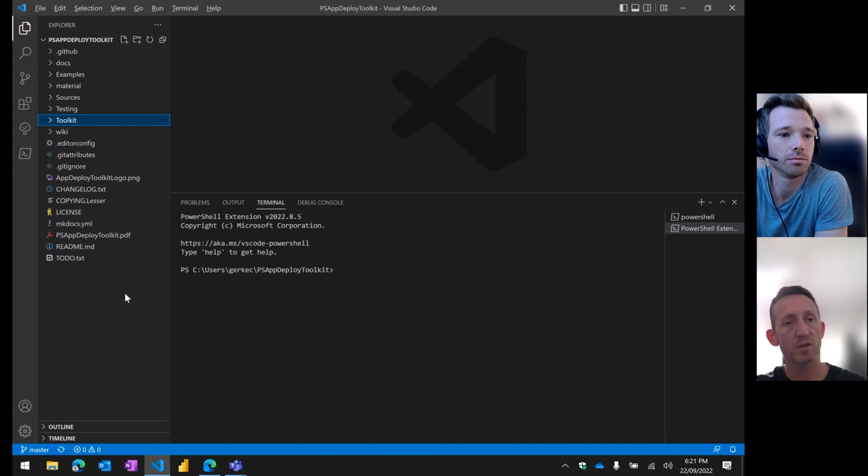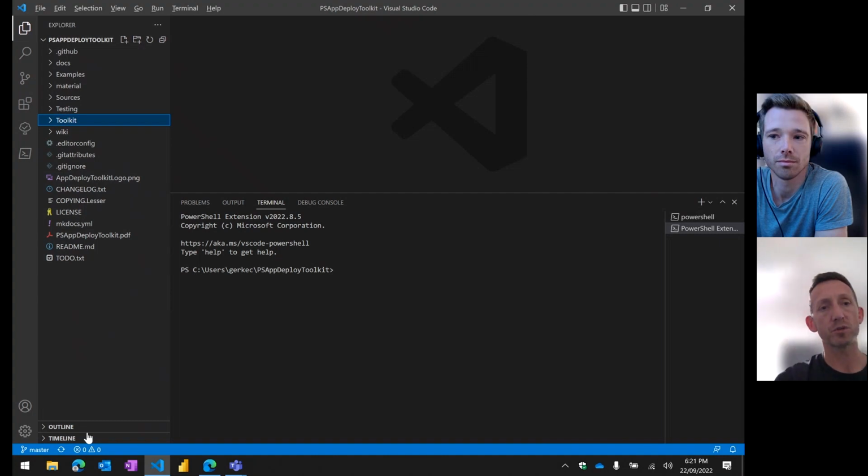You can see all the files associated with the project, all the default files. So this is a starting point. Let's just say I've just forked this repository and cloned it down to my computer. It's the vanilla version of the toolkit,